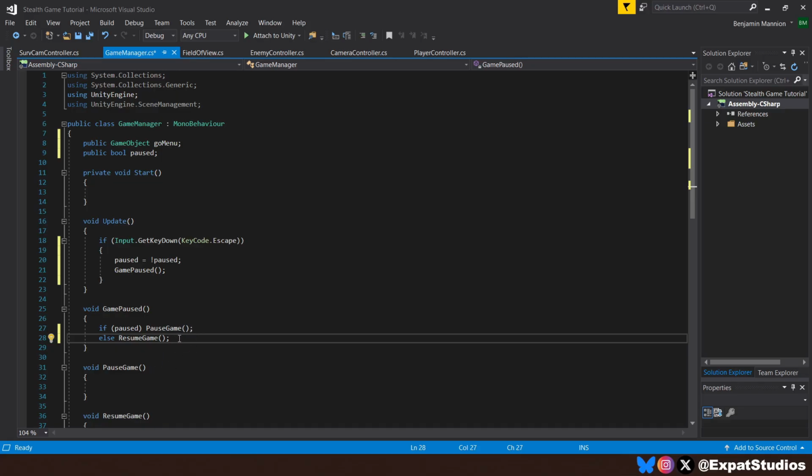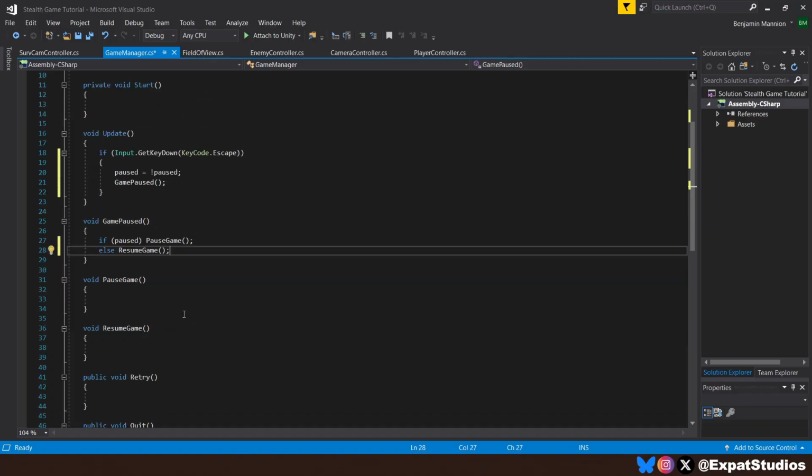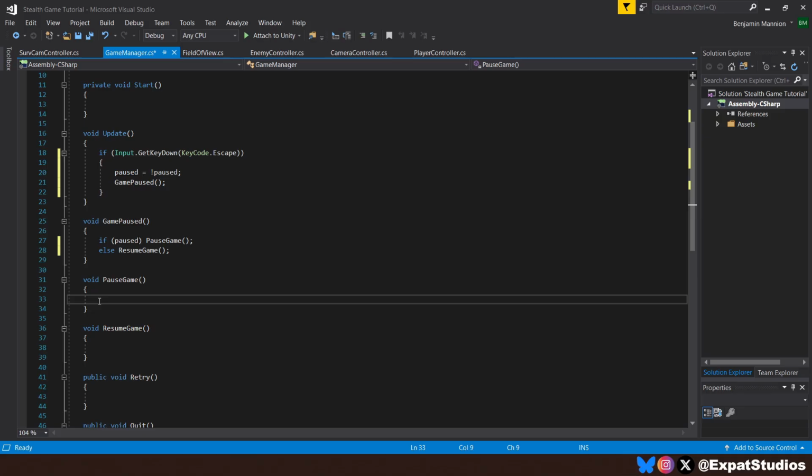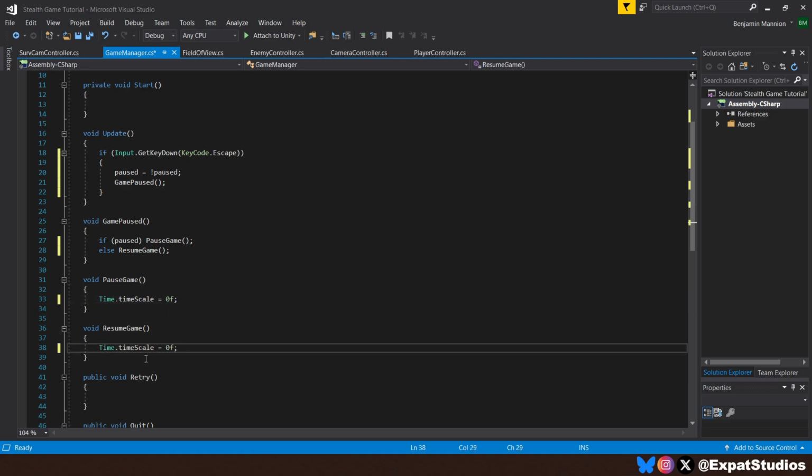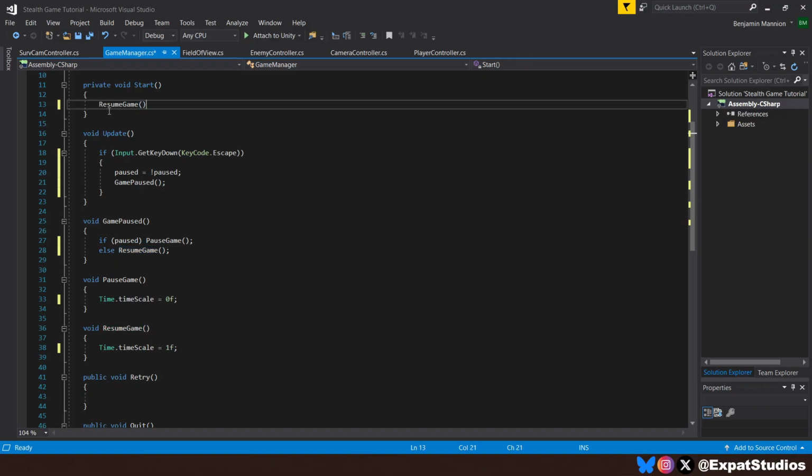Now, what's going to happen when we resume and pause the game? Well, we're going to change the timescale. For example, to pause the game, we're going to change the Time.timeScale to 0, meaning we've frozen the time. Then, to resume playing the game, we just need to set that timescale back to 1. So punch in the same line of code and just change that to 1. And there we go, simple pausing mechanic. However, we want to make sure that when we start, the game is already resuming and unpaused. So what we can do, just copy and paste the ResumeGame method name and punch it into void Start